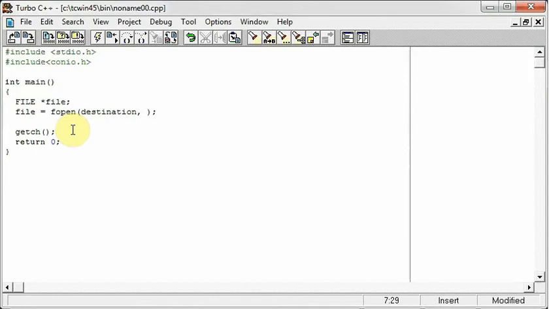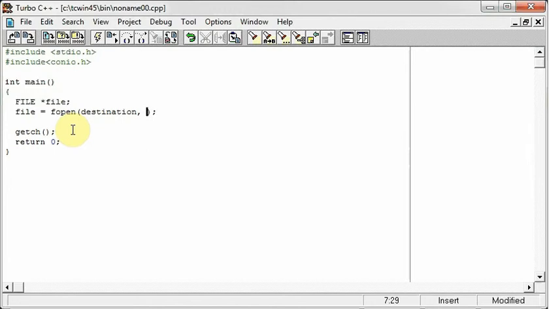Either we can write new text into it, or we can append text into it. If we append, we add the new text after the previous text, meaning we will not erase the previous text, whereas if we go for writing, it will erase all the previous content and write whatever we have given in the last run.